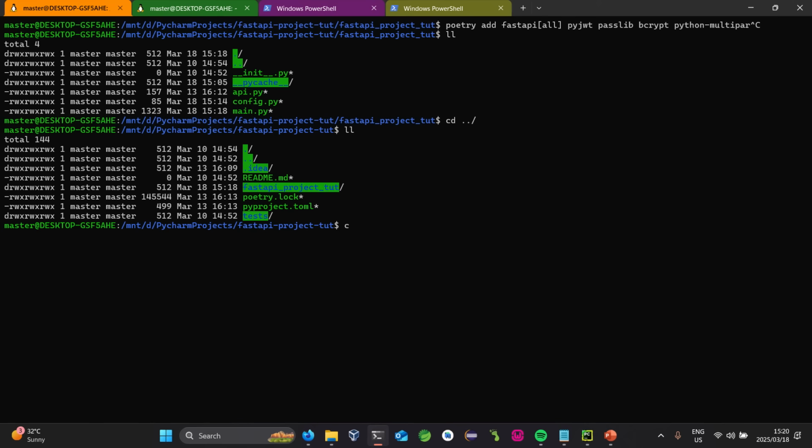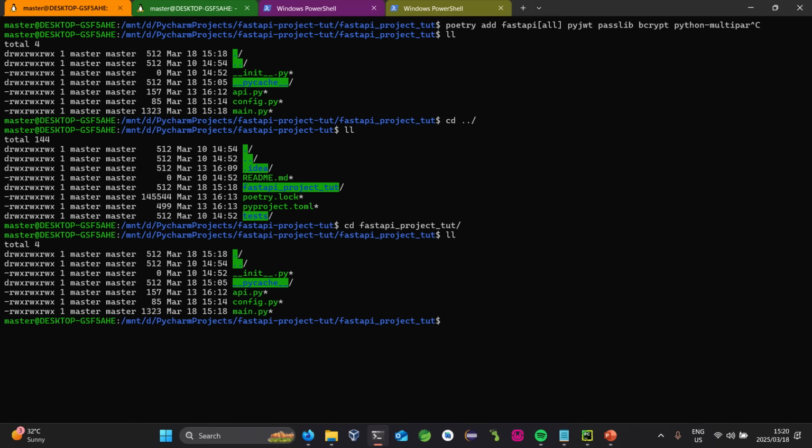So if we do another cd into the FastAPI authentication folder and then list the files, from here we can start up. So: poetry run uvicorn main, meaning the main file, and then app with reload. That's fine. If we start that up,